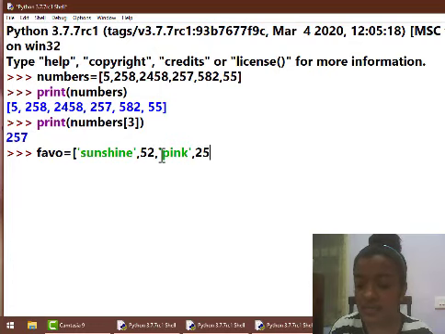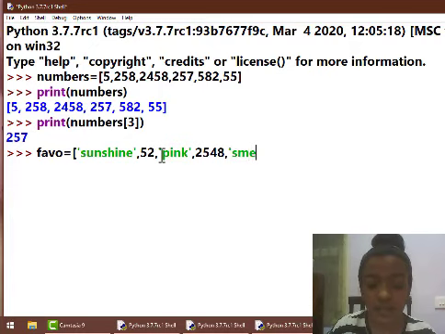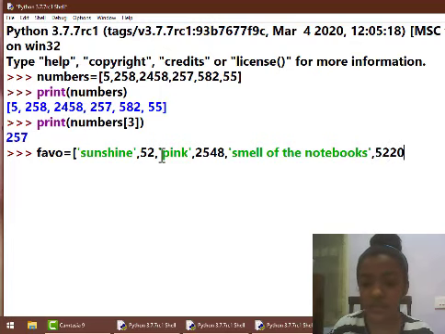Then again I'm texting some kind of number, then I'm texting something else, smell of the notebook. Then again I'm texting some numbers, and then I'm closing the square brackets. So finally, in this entire list I have used both the numbers as well as the strings.